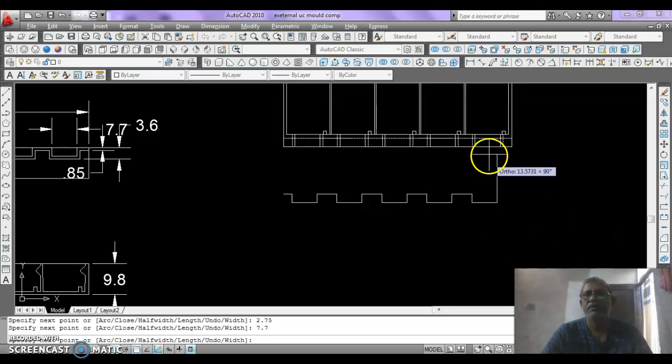7.7, then upward by 6.1, then 2.75, then 6.1 rightward, then